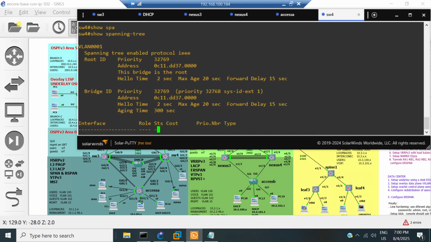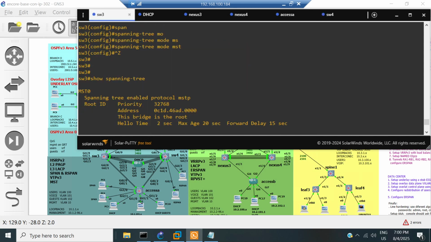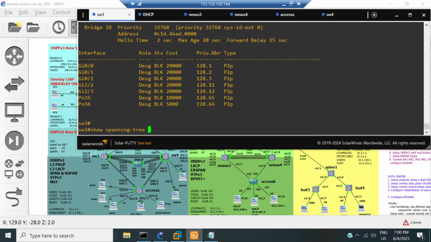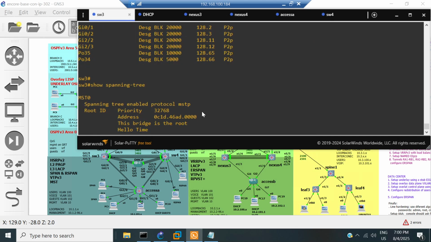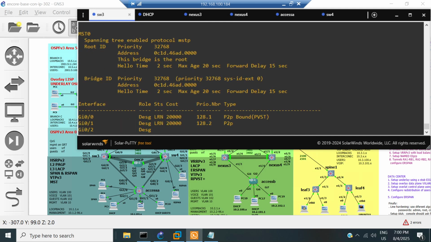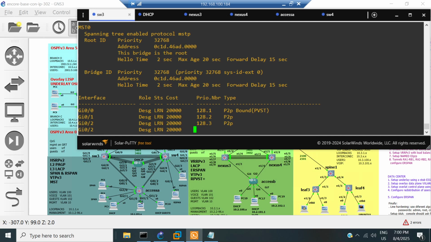This switch is using traditional spanning tree as well. So what happens if I issue show spanning tree? I have to see something particularly in the link type. It is taking some time. Let's remember that this emulation is a bit slow,